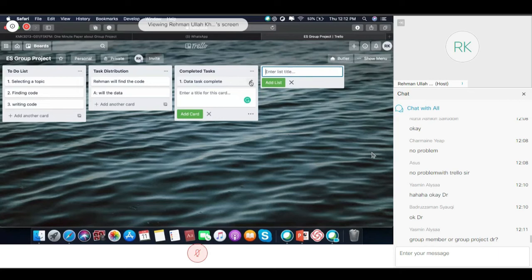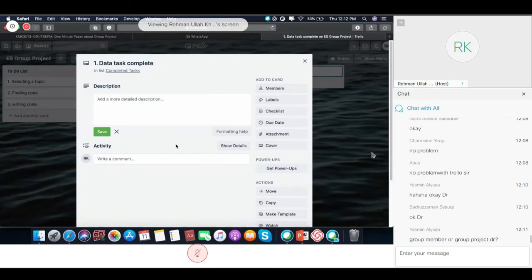You see, here is the pencil icon also. If you simply click, you will get this page. So here in the description, you can add the detail, what data, where data. You can describe the task, how you completed, and then click save.